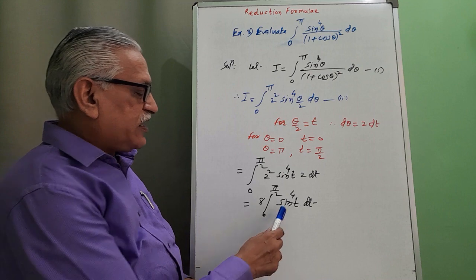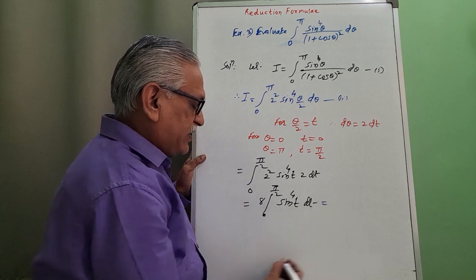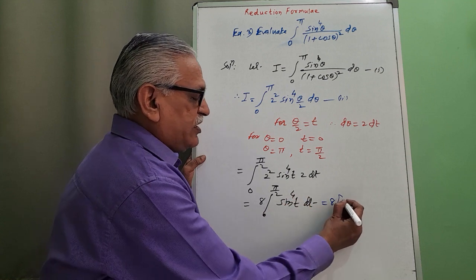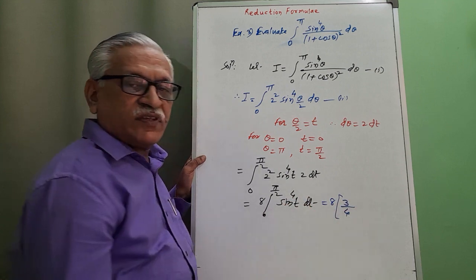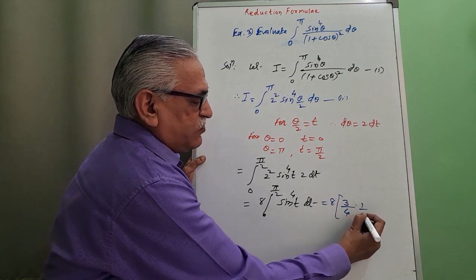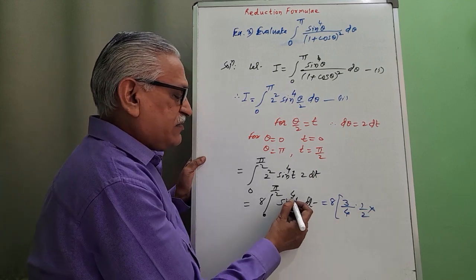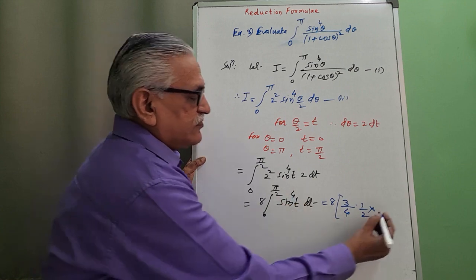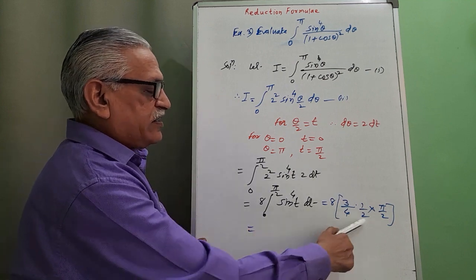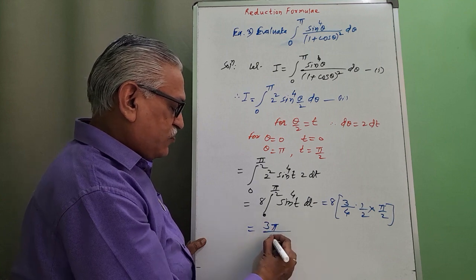Applying the reduction formula, sin theta raised to n between limits 0 to pi by 2. Here n is 4, and therefore applying that reduction formula, we get n minus 1, that is 3, by n, that is 4. Then subtract 2 from both. 3 minus 2 we get 1 and 4 minus 2 we get 2. Last term is 1 by 2. We stop here, and into k, the value of k is here. As it is even, we consider the value as pi by 2. And therefore if you simplify it, 8 gets cancelled, we get 3 pi divided by 2